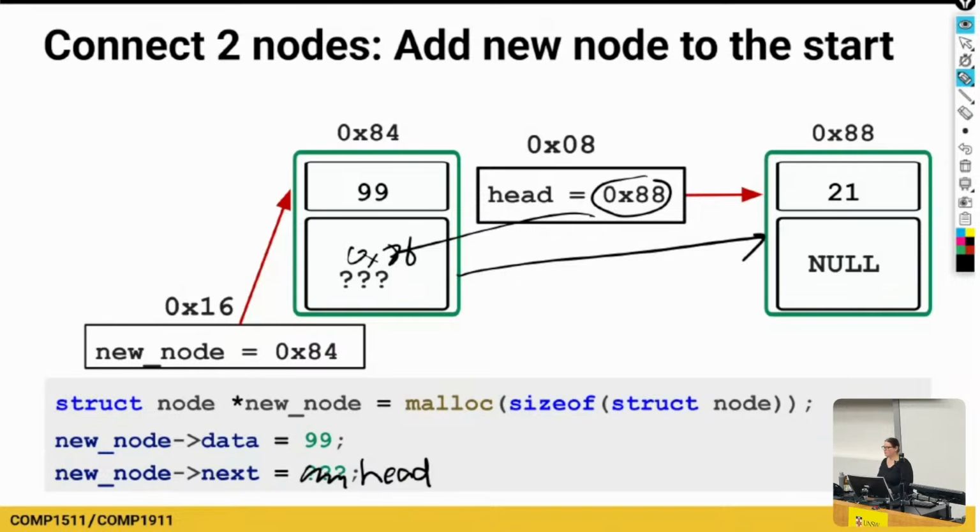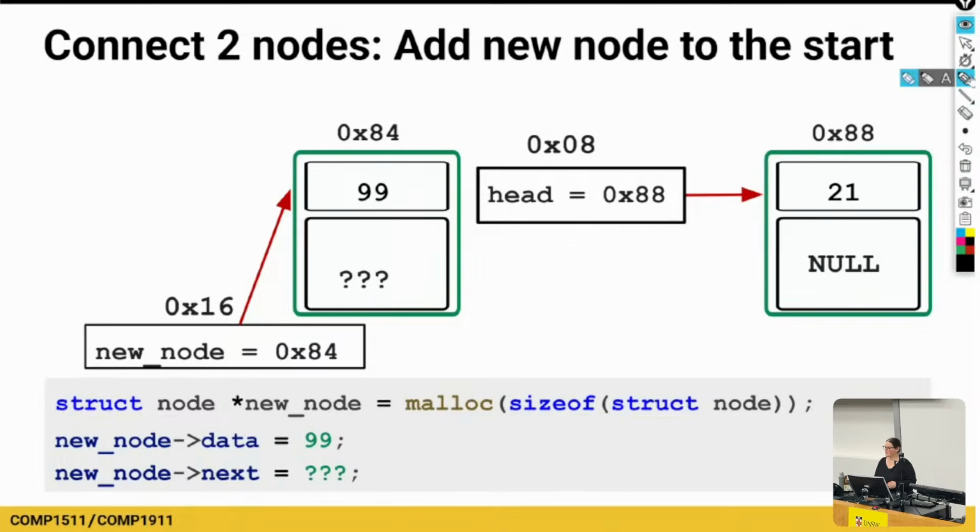But really, you want to be thinking that the thing that comes next after this new node is whatever is already in the head of the list, right? We're putting it before the head of the list. After it comes this head of the list. So that's how we could connect it up. Once we've done that though,